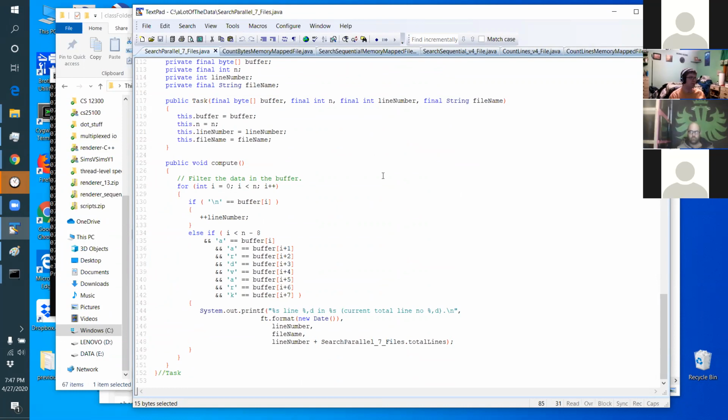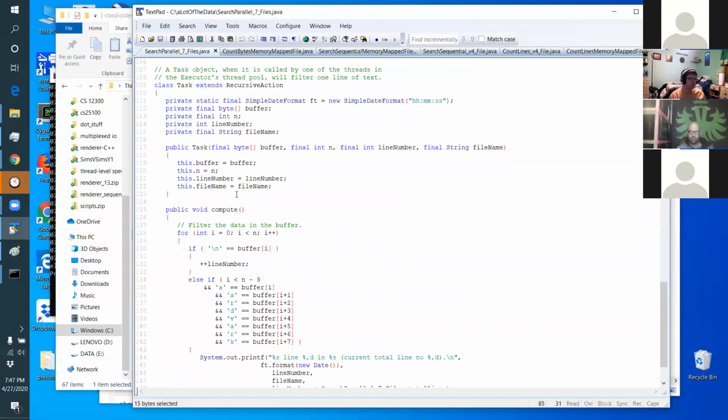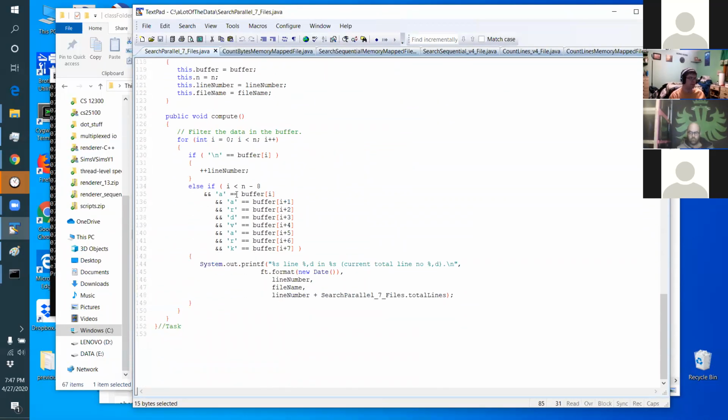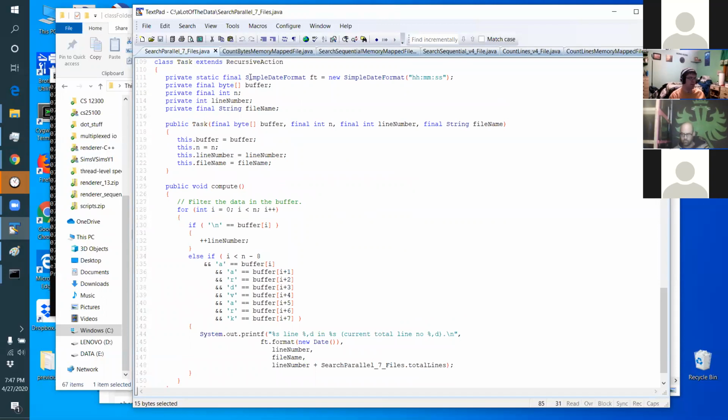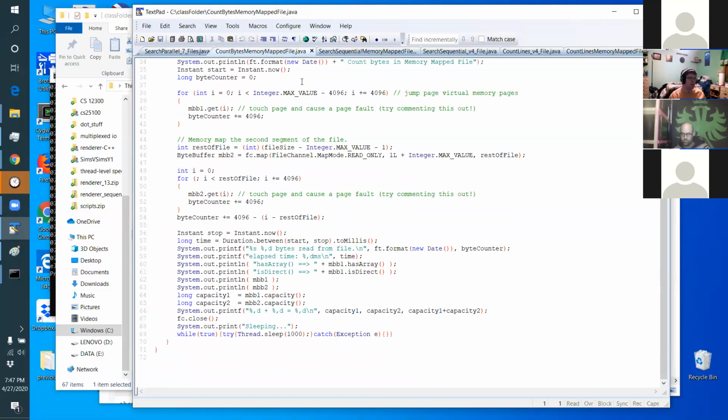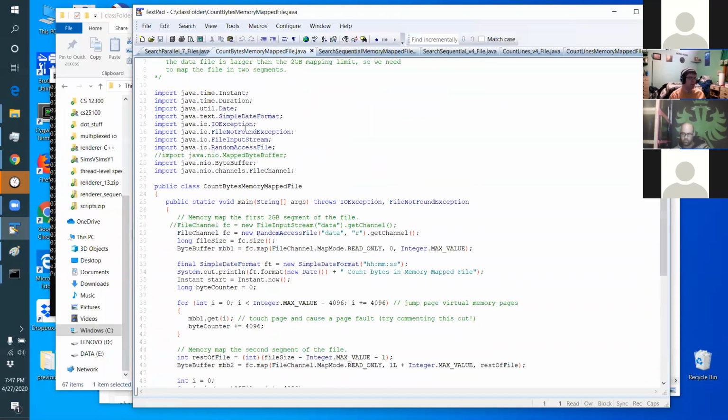Because the ultimate speed in almost all programming environments, the fastest I/O is almost always going to be memory mapped. Whenever you read performance literature and people talk about what's the fastest way to do anything, it's going to almost always be memory map the file, then access the underlying array. And in C++, I've written it in C++, it works. This is the first time I've ever done memory mapping in Java, and I'm a little bit stumped by why Java is not giving me